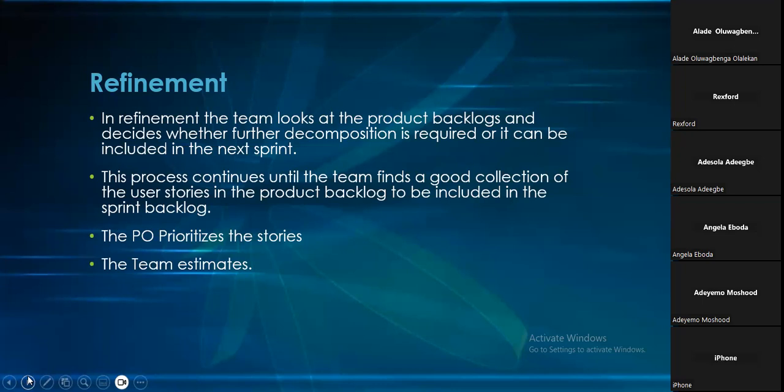Now, the estimation you do in refinement is just like, I won't call it a mental estimation, but something close to that. Okay, this story looks like a 3-story point. But by the sprint planning, we're going to be confirming that estimation. But if you have looked at the estimation in refinement and you see that this story is like a 13 or 20-story point, you know what? Let's break it. The best time to start breaking it is during this refinement, this decomposition. If you have had a mental picture of an estimation, you start decomposing those stories and breaking them down into smaller